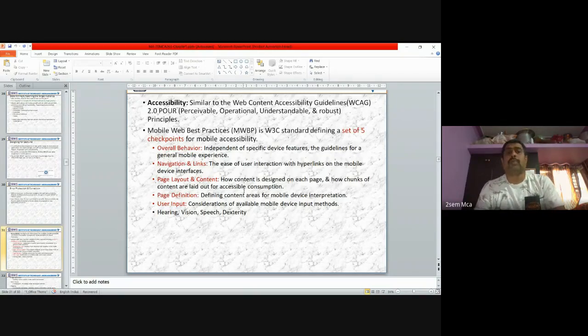So when you come to the mobile web best practices, that is MWBP in the W3C standard, it defines a set of 5 checkpoints for mobile accessibility. So this is a standard. In any company doing mobile apps, they will follow this MWBP according to the W3C standard, which means worldwide standards. So they will follow this particular standard, and these are the 5 checkpoints which every